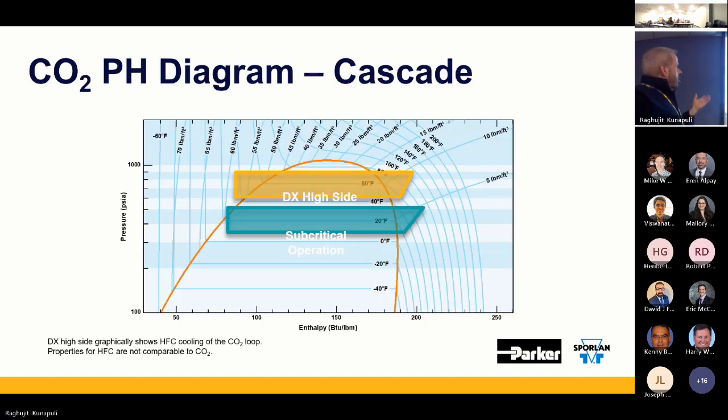Now, here is a cascade system depicted on a pH diagram. We've taken some liberties with this because the DX high side would have to be plotted on its own pH diagram for whatever refrigerant you had put in it. We've just done this for illustrative purposes. But the CO2 portion of it finds its way going through the system, picking up heat, transferring it to that intermediate heat exchanger, well below that critical,